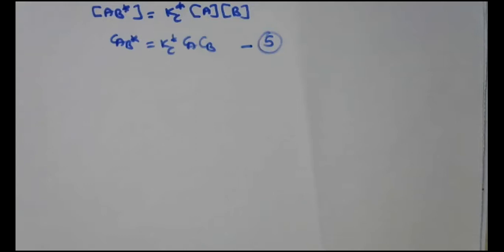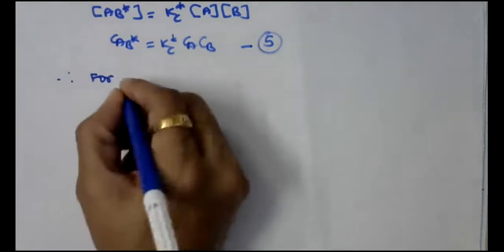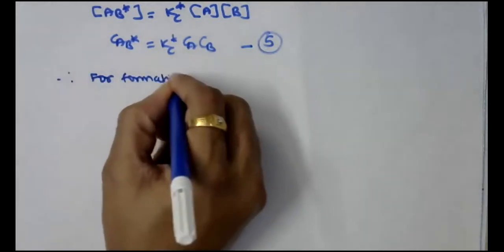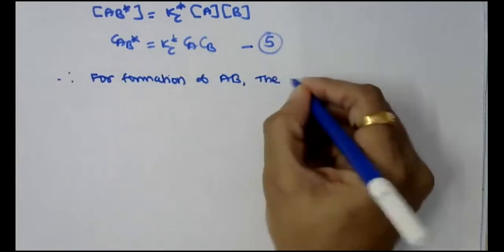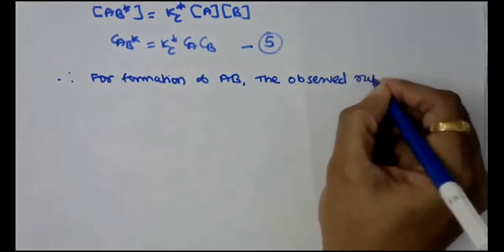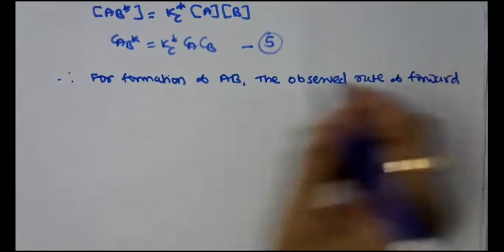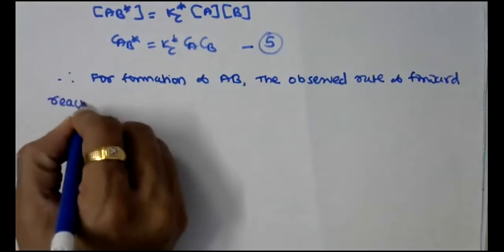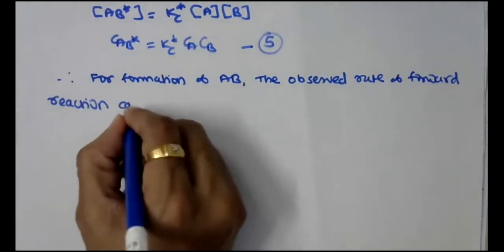As per equation number 3, that is the second step, where AB star decomposes or reacts to give you AB, therefore for formation of AB, the observed rate of forward reaction can be written as